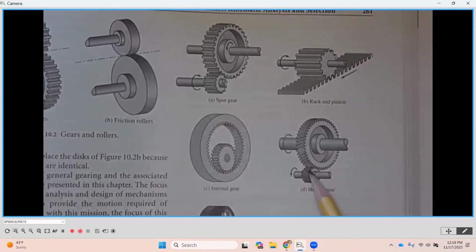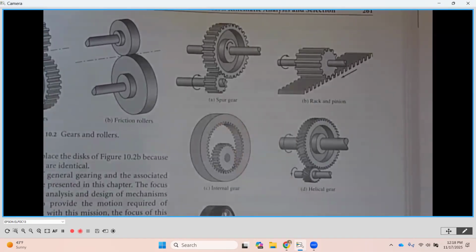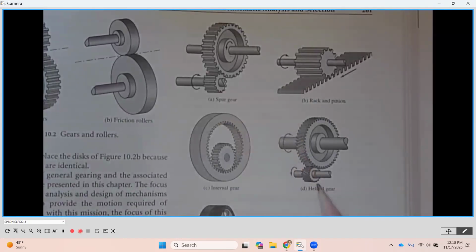Additionally, you end up having more than one tooth engaged at any point in time. And the advantage of that is it's a quieter gear set. Up here, we only have one tooth in full engagement at any given moment in time. And what ends up happening is when they rotate relative to one another, the gears kind of hit one on the other. So a lot of times a spur gear set is considered a little bit noisier than a helical gear set, because you still have engagement on the previous tooth as you're gaining engagement on the next tooth. So it literally is a quieter